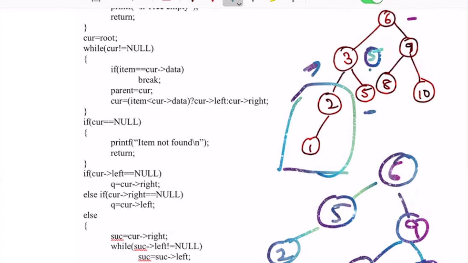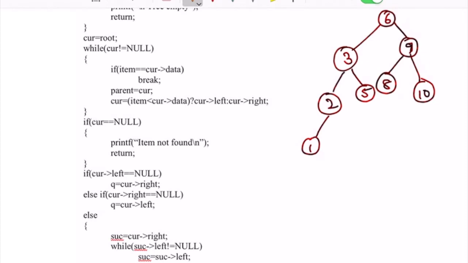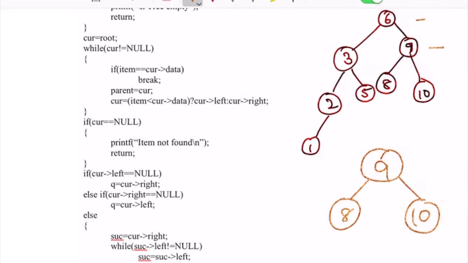Assume that I delete the root node itself. If I delete the root node 6, in place of 6, 9 is going to be made the successor. 9 itself has 2 child nodes of its own that will not be disturbed. Since 6 is deleted, whatever is the left subtree needs to be attached to the left of 8. Whatever is to the left is attached as it is to the left of 8. This is how we are going to do deletion in the case of your binary search tree.